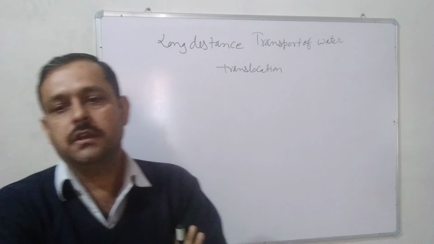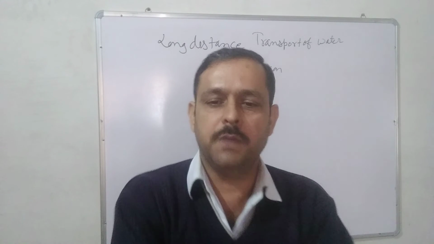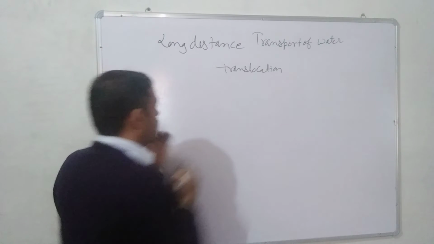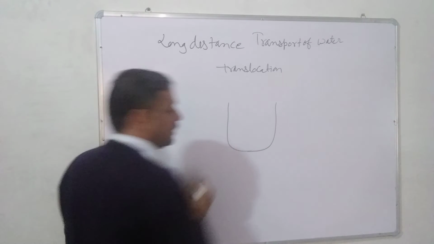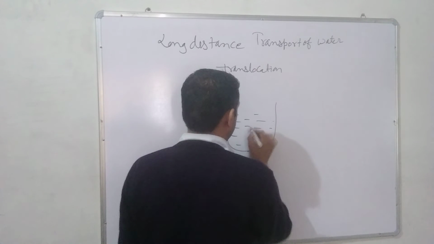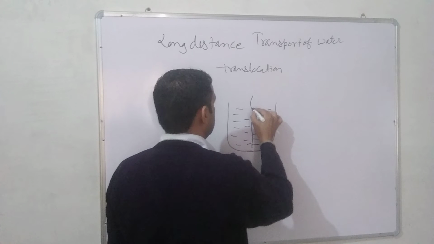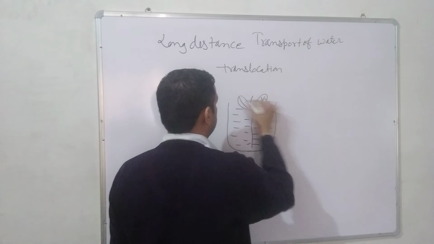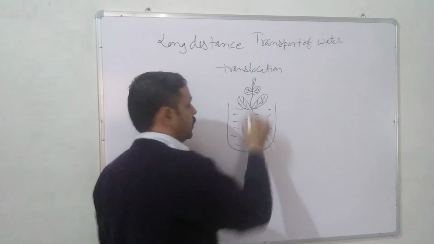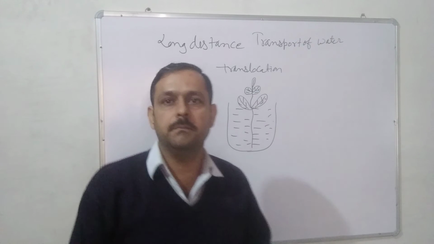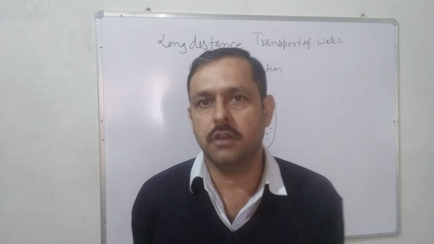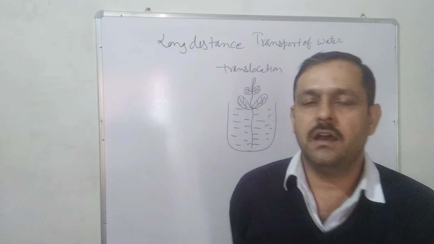At some earlier stage you might have carried out an experiment where you had placed a twig. In simple words, we take a pot with colored water, and in this colored water we put a twig of a plant, an aquatic plant. After some time, the twig also becomes colored. And whenever we cut a section of this twig, we can see easily that the vascular